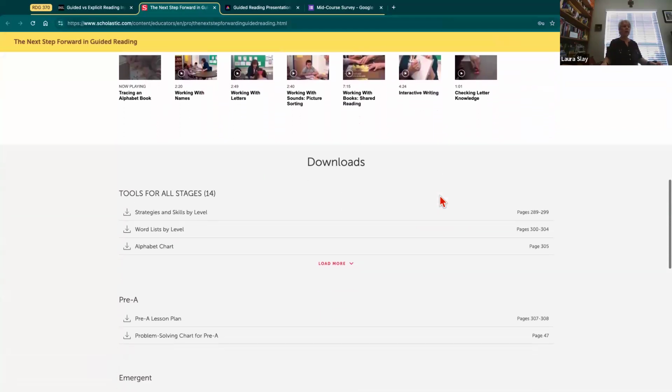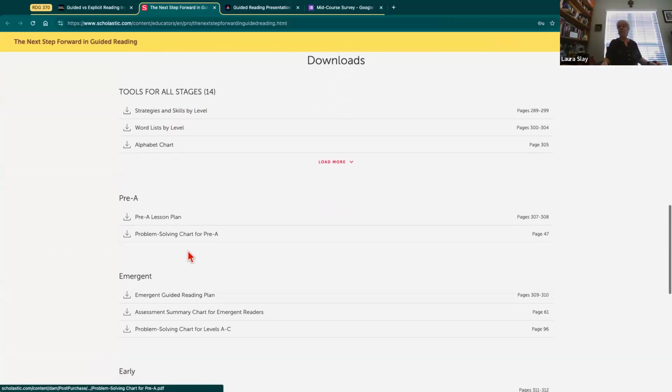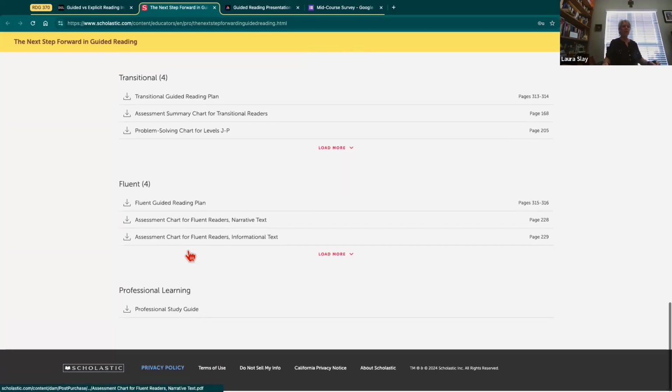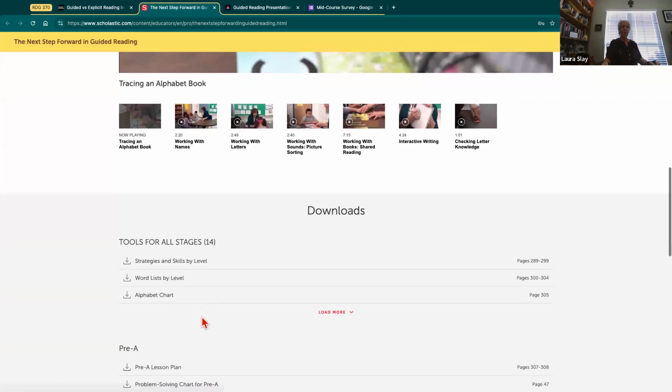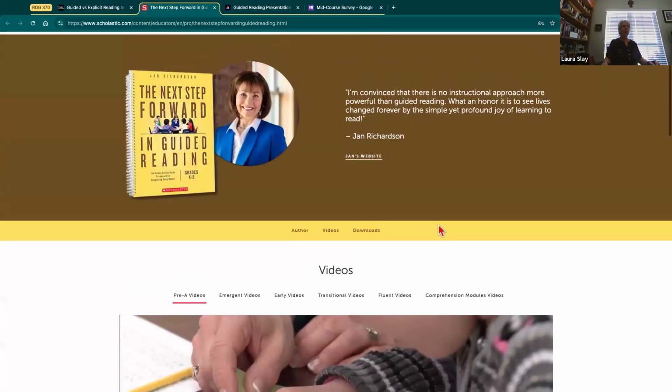Look down here. There are all kinds of downloads that you can use. You can add those to the slideshow. Use the material. This is not meant to be anything hard. It should be accessible and easy for you to find. Here are the resources, and here's even a professional study guide if you want it. The resources are there, so please use them, and use the videos to give yourselves more insight into how these things work.